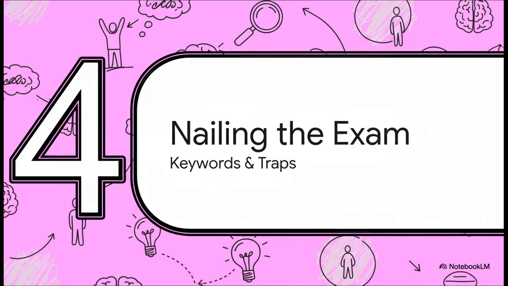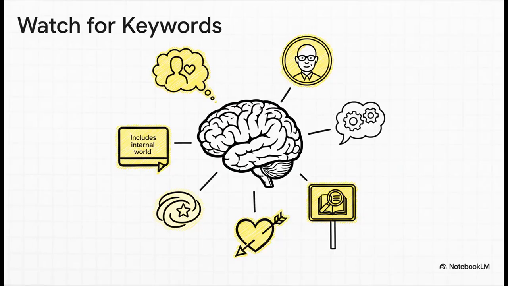All right, let's switch gears and get tactical. You get the concept, you've seen it in action, so now let's talk about how to absolutely nail this on your exam. We're going to cover the key words to look for, the traps to avoid, and the main takeaways. Okay, think of these as your smoke signals. When you're reading a test question and you see phrases like private events, or the name B.F. Skinner, or anything that talks about thoughts as behavior or feelings as behavior, your brain should just light up. These are giant signposts pointing you straight to radical behaviorism.